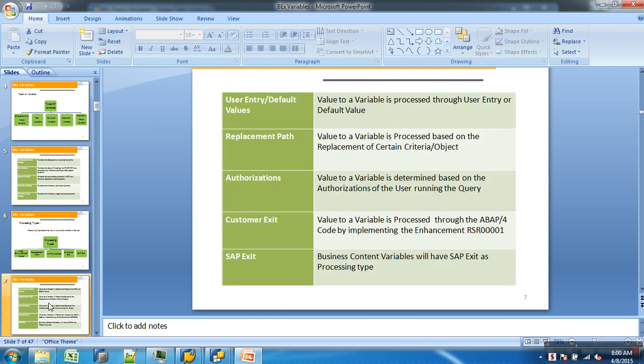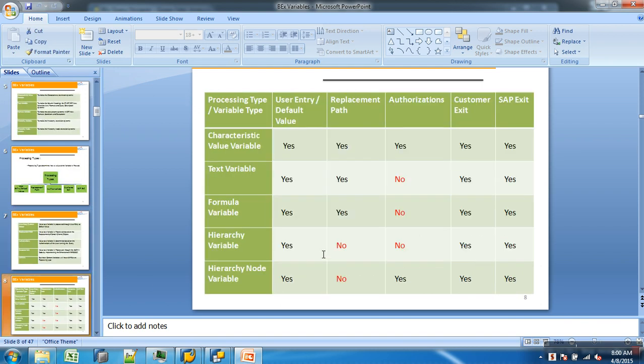So if you get this, now these are the combinations you should learn. So 5 variables, 5 processing types, it does create 25 combinations. ఒక్కొక్క వేరియబుల్ కి 5 processing types. But these combinations are not there actually. Text variable, authorizations, there is no concept. Formula with authorization, no concept. Hierarchy variable, no concept of replacement path and authorizations. Hierarchy node, no concept of replacement path. ఇది ప్రాసెసింగ్ టైప్స్, ఇది వేరియబుల్ టైప్స్ ఉన్నాయి. Okay,